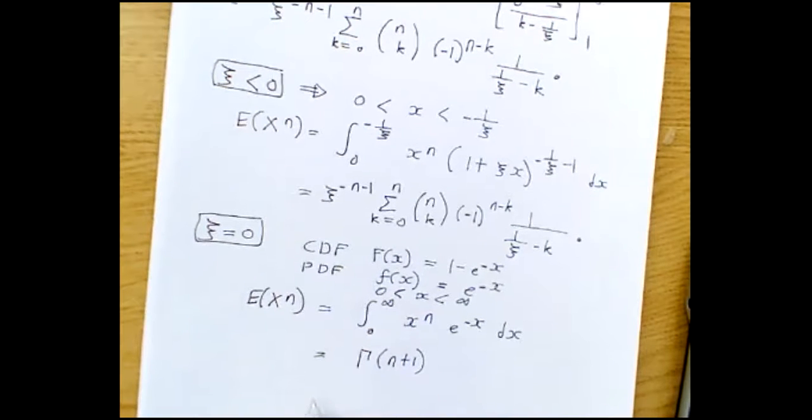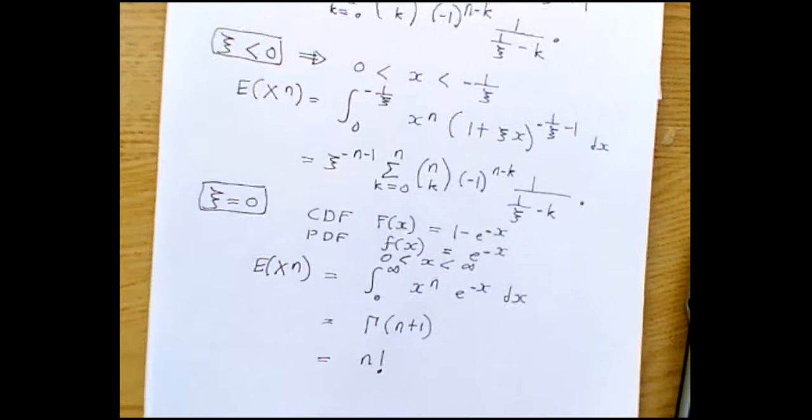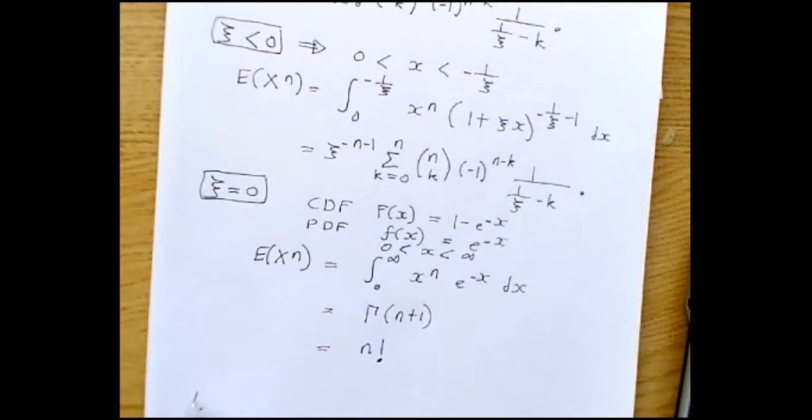And one of the properties of the gamma function is equal to n factorial. If you look at my video on the gamma function, you will see that gamma at n plus 1 is equal to n factorial, right? So we're done with this. Just to summarize,